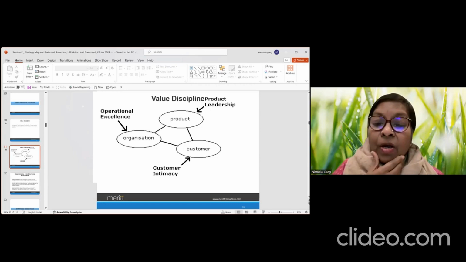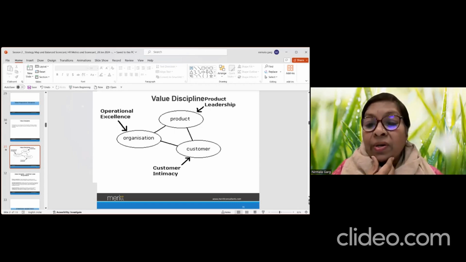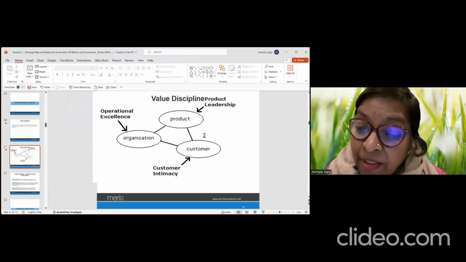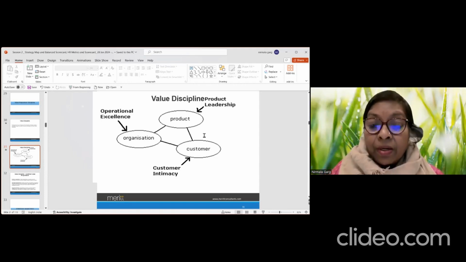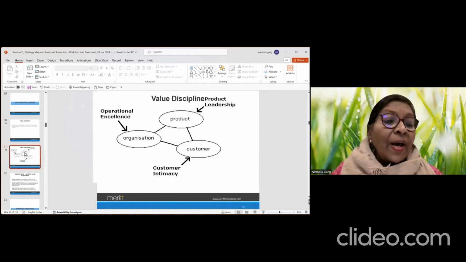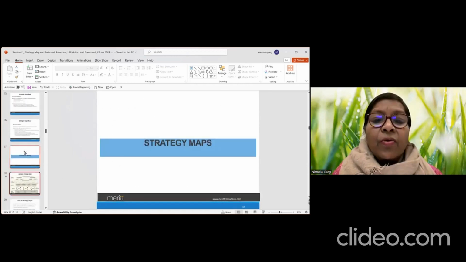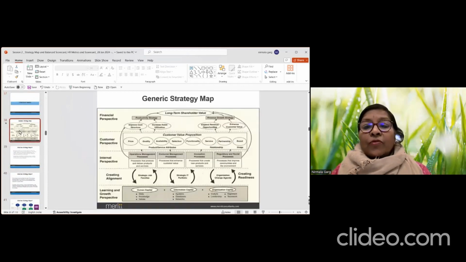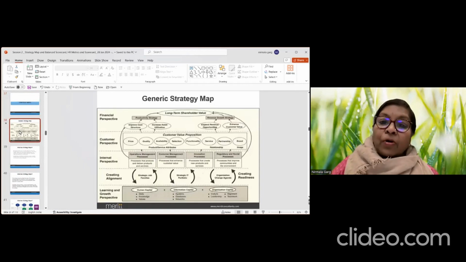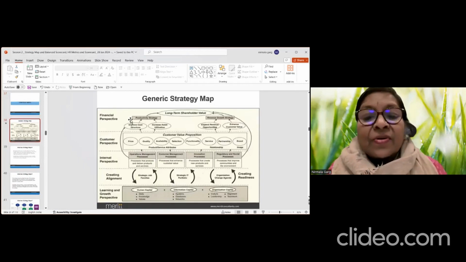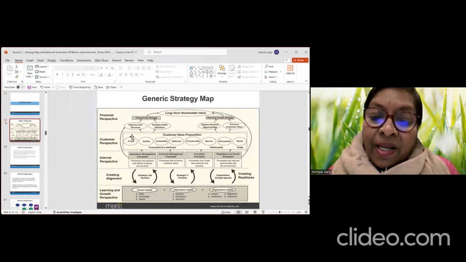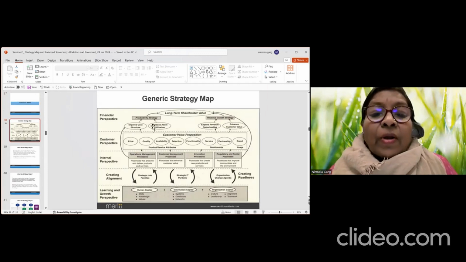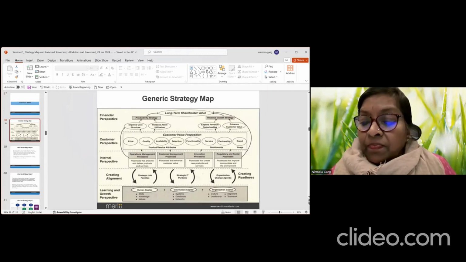Now, are you understanding how important value discipline is? You can also think about which value discipline your organization is. Okay. Now, this becomes the center point for building what I call your balanced scorecard. Since I don't want to run through a lot of this theory, all of you will have to create a map. Read the strategic map first. First, let me try and help you with the balanced scorecard. Then I will talk about a strategic map.